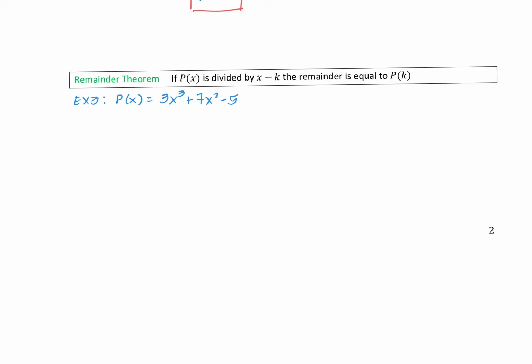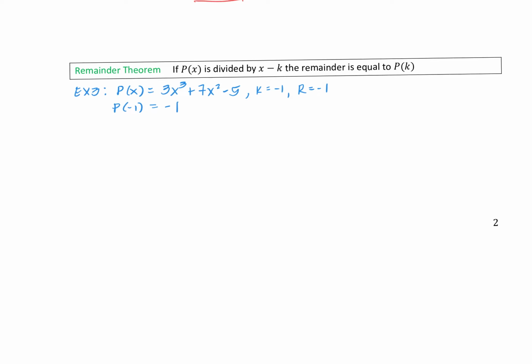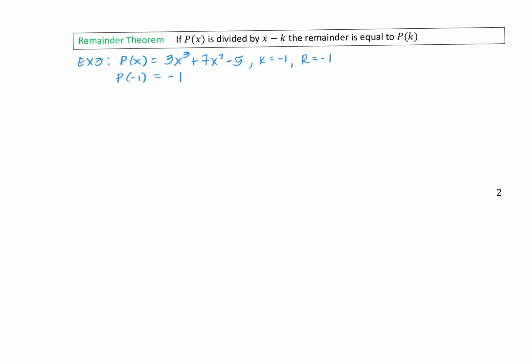Our k, since we're dividing by x plus 1, was actually a minus 1. Remember, it's the opposite. And in that particular example, our remainder was negative 1. So by this theorem, p of negative 1, because that's our k value, is going to be equal to the remainder r, which in our case was negative 1. So, cute little trick. Let's just verify that